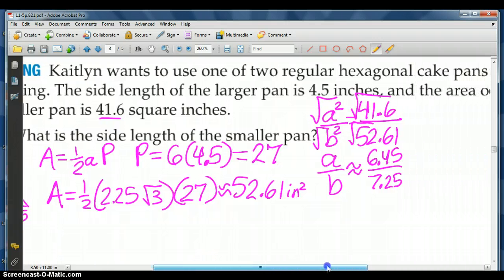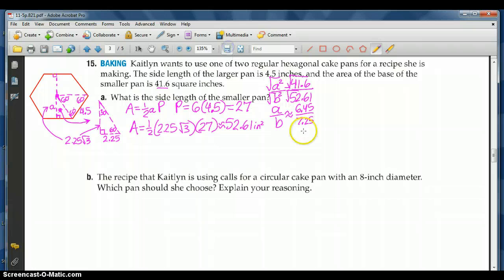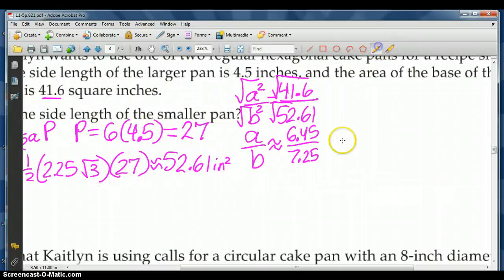Now that I have a scale factor, I can use that scale factor to find a side length of the smaller pan. So the scale factor is smaller pan to larger pan. So I want to find a side length of the smaller pan and I have a side length of